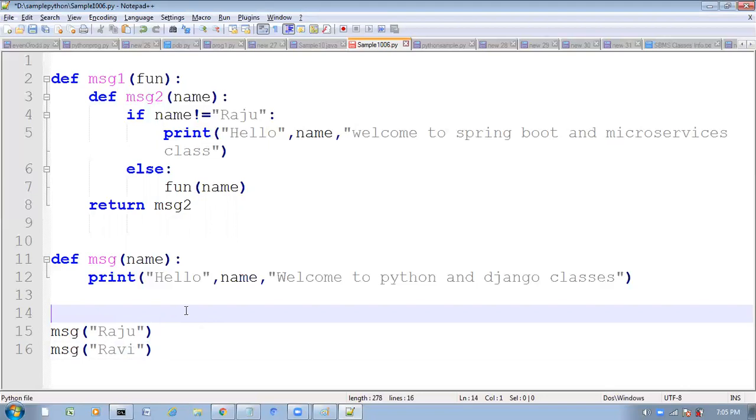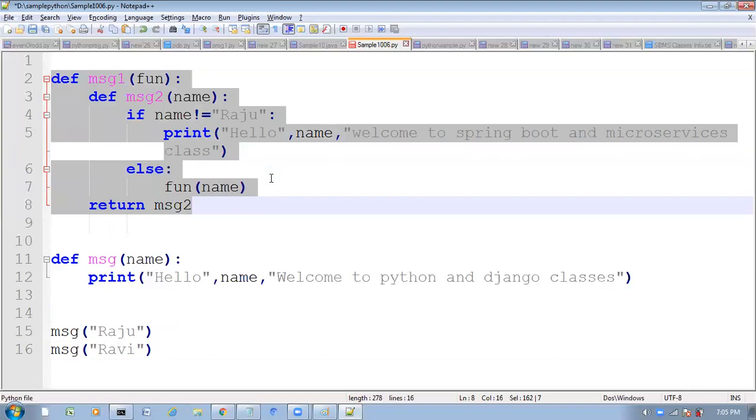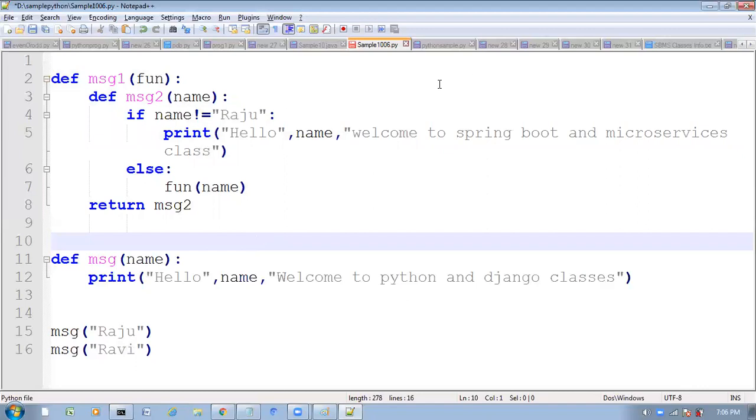If you get the same output, then what is the use of writing this decorator? What is the use of writing this function? If you get the same output in both cases, what is the use of this one? Okay, I will run this program and show what output we will get.